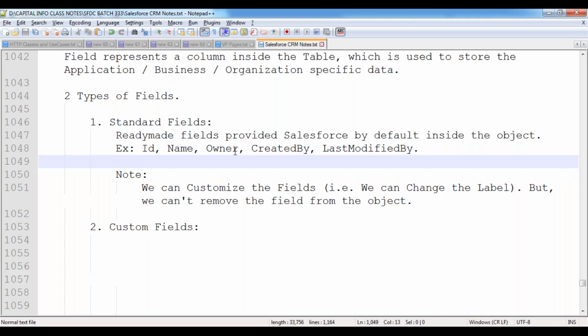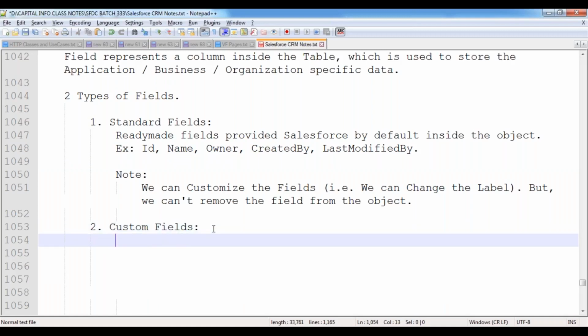The 5 columns given by Salesforce by default inside each and every object may not be sufficient. Those columns may not fulfill your requirement. We need to add some more columns inside that object. Then how can we add? For that, we use a feature called custom fields.